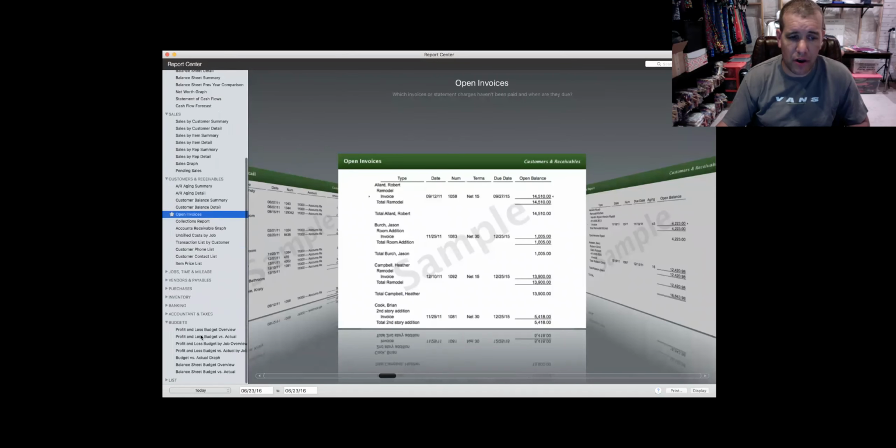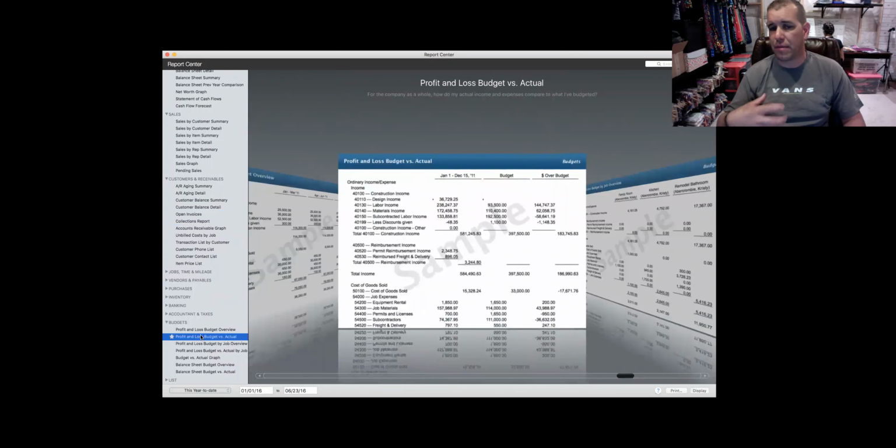And with QuickBooks Pro, there is the ability to do budgets as well. I know we haven't done a budget yet, and we haven't gotten that far, but there is the ability to do that and grow your business into that point. If any of you have watched Phil and Danielle at the point that they're at, I'm sure they're probably budgeting out their expenses, and they're trying to see where their revenue is going to be. So that's pretty much QuickBooks in a nutshell, just a general overview of what you can do with it. It is a very powerful tool, and it's very helpful,